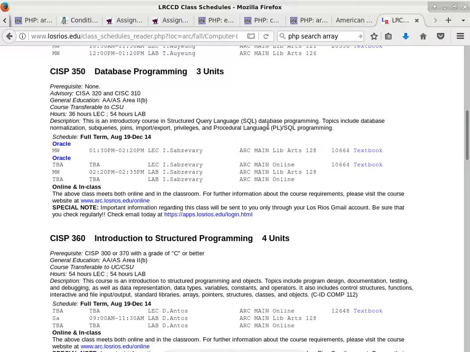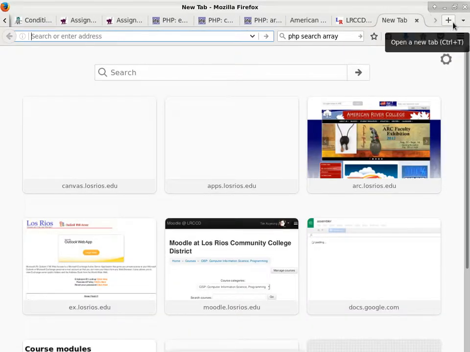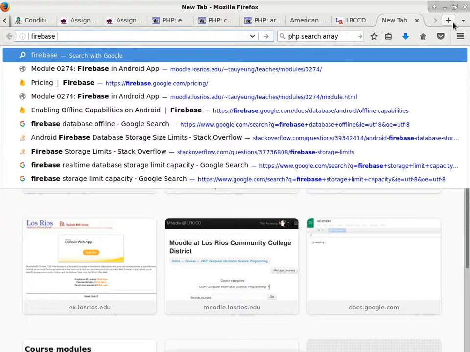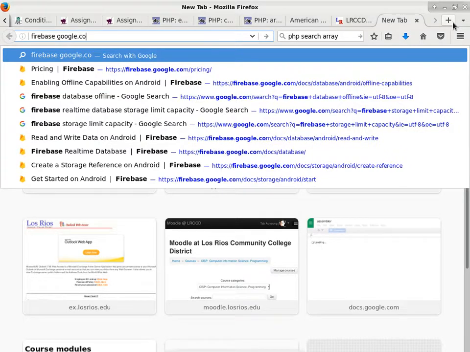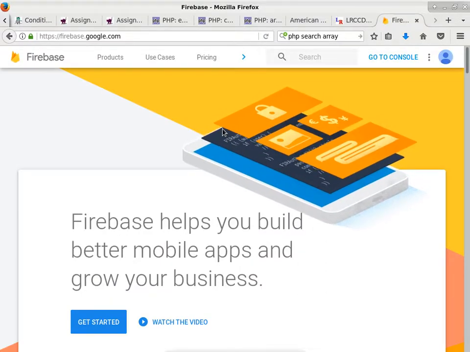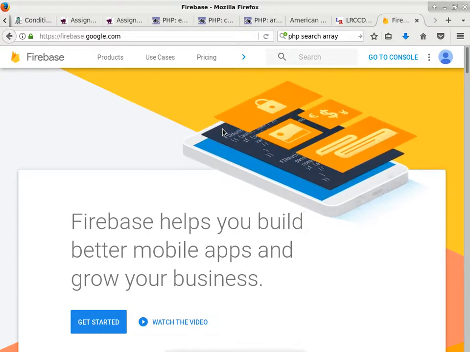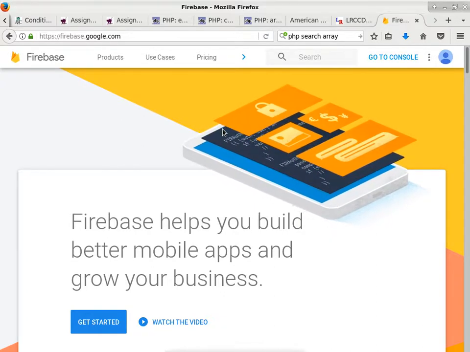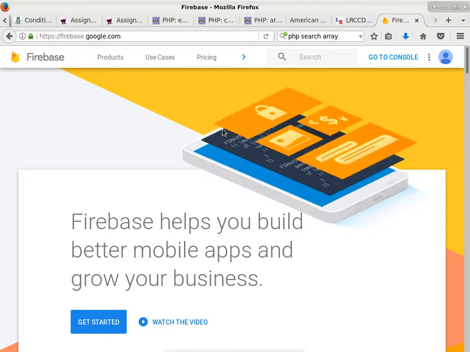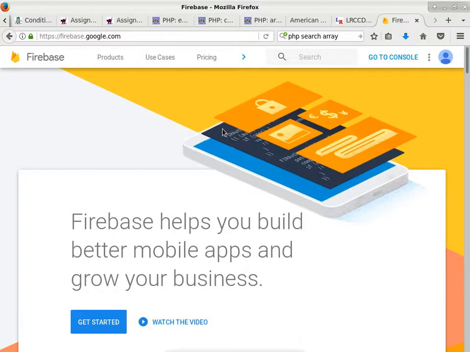And then, for those of you who are really adventurous, check this out. Check out Firebase from Google. Inside Firebase there's a database component to it, but it's not relational. And then people go, oh, but relational is the state of the art. Every database should be a relational database. Well, that's not the case.